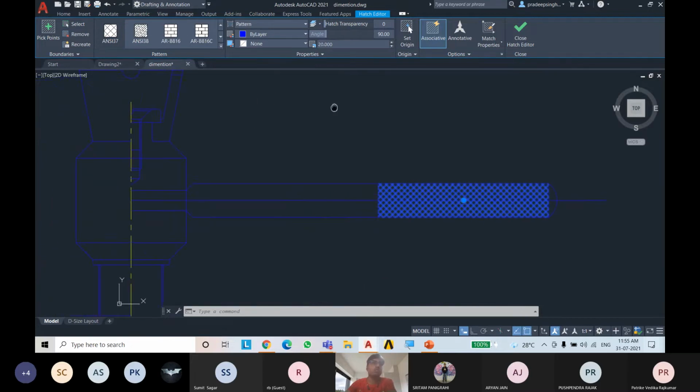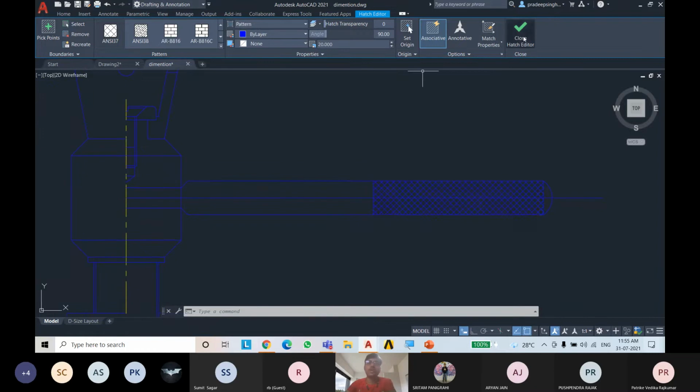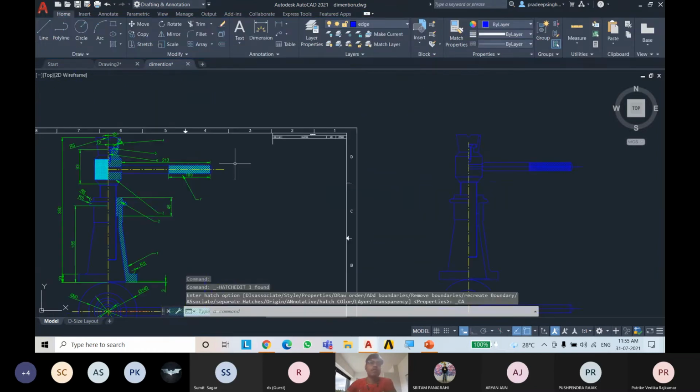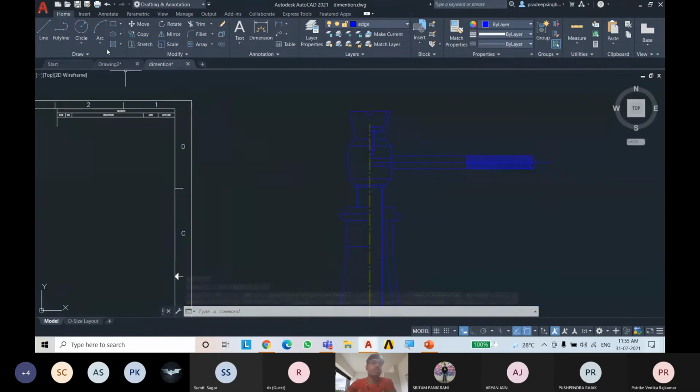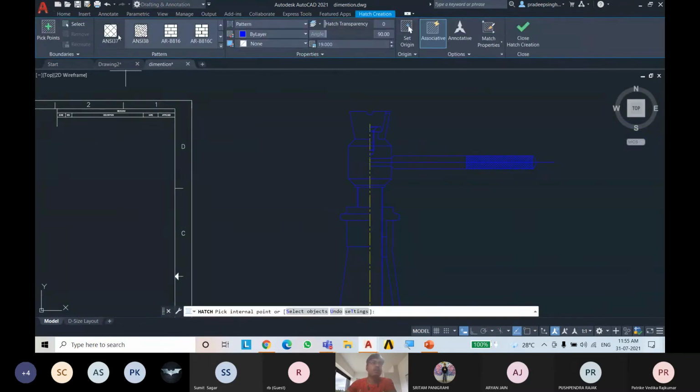Now close this hatch, and you can see this is also the same. Go to hatching, this is the same NC37. Just click here. The difference is in scaling. Just decrease the scaling and you can see the difference. They both use NC37, but the difference came because of this scaling.